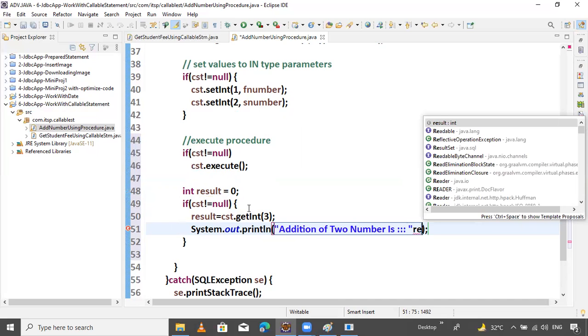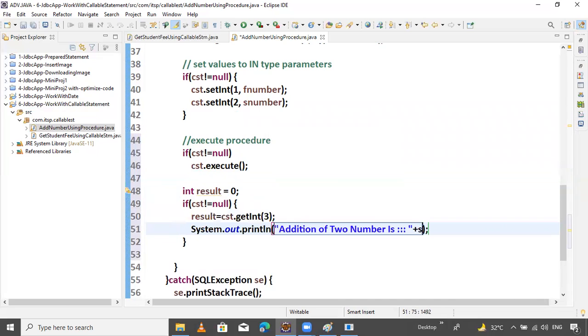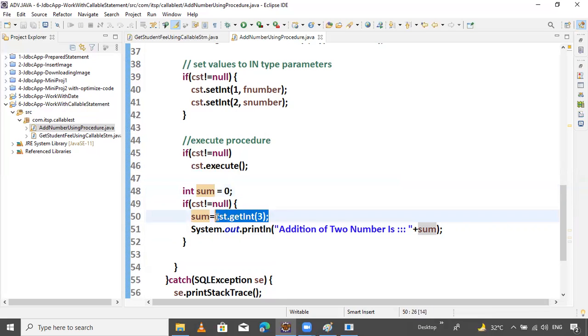Otherwise, instead of result, sum. Sum is good, na? Yeah. Sum may be confusion with result, no? Sum. That's good. Change it here. Sum. That's it. So result inside the procedure, getting the result data in out type, and here it's stored into the sum.